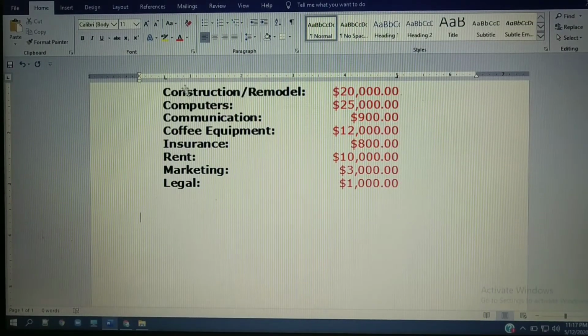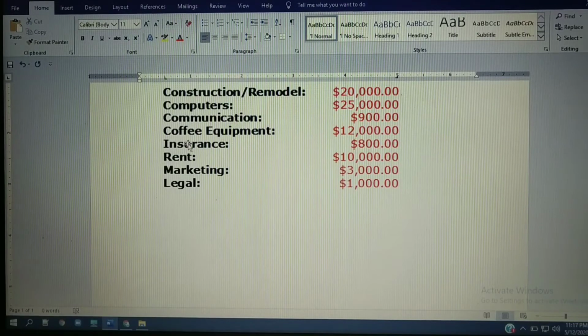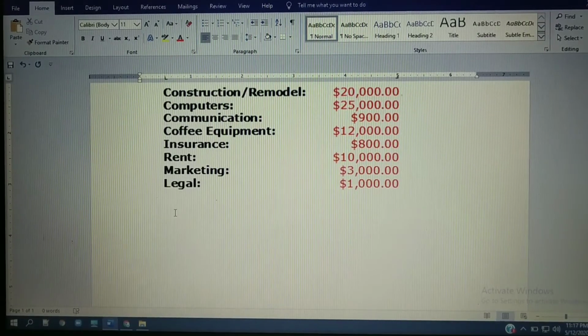And here you can see the stop positions of those columns. This is the left tab and this is the right tab. And here keep the cursor where you want to write the table. And now I will show how to write this table. Press the tab button to take your cursor to the stop position where you have set. Press on tab, automatically the cursor will go to the position where you have set that tab stop position. And now I will type the text.